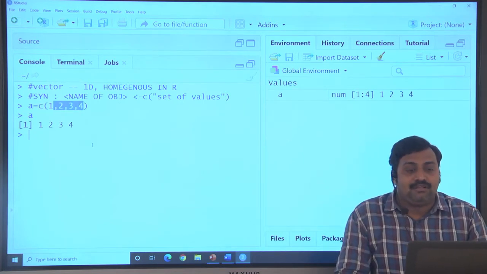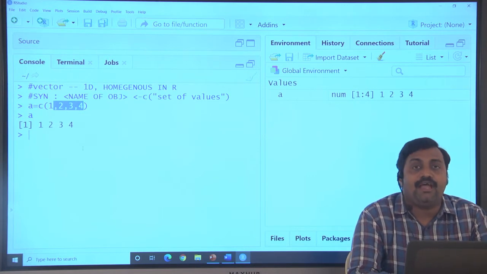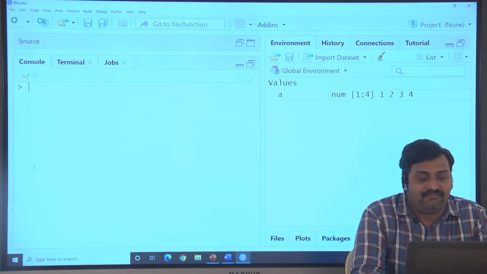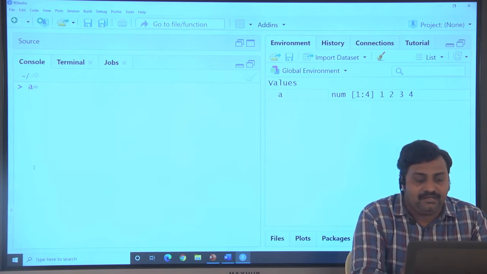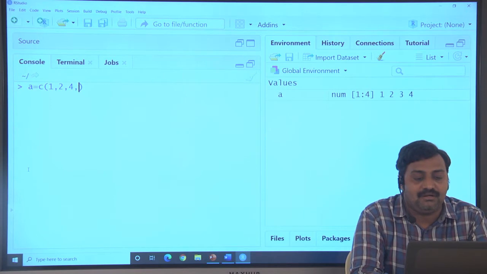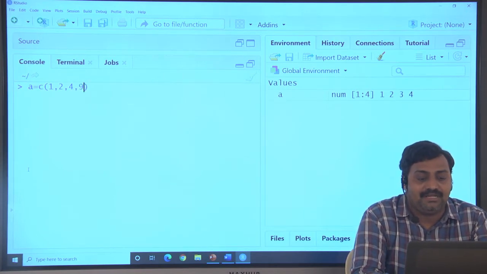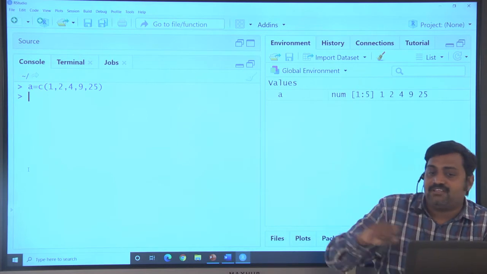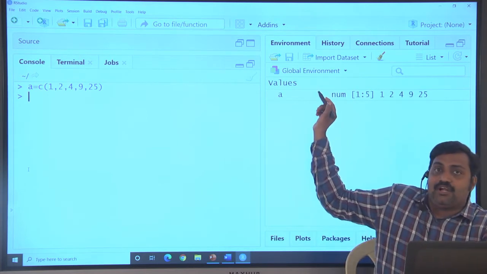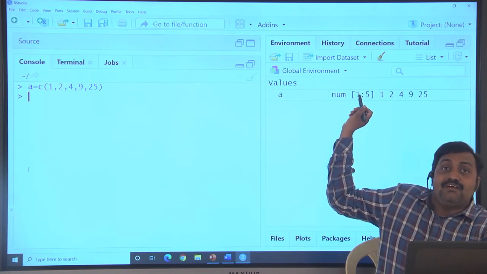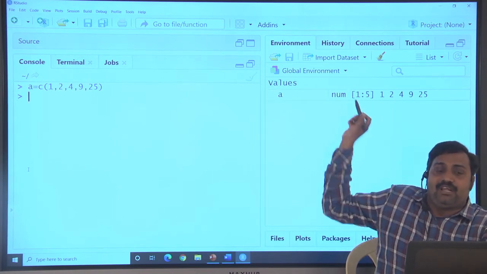Now let's check how I can handle the vectors. Firstly, I am creating a vector containing some values: 1, 2, 4, 9, 25. The global environment shows 1 to 5, which means 5 values are available, and indexing starts with 1.